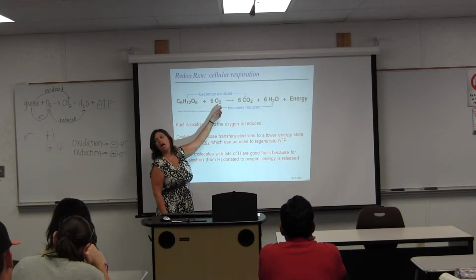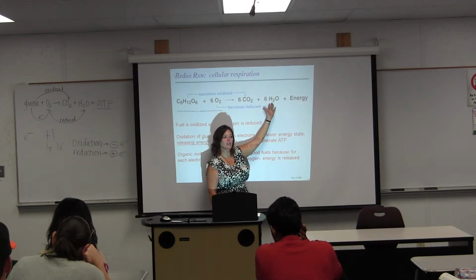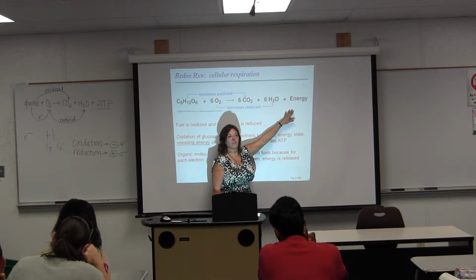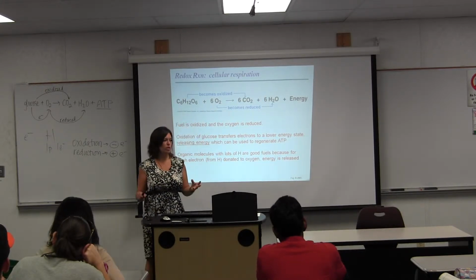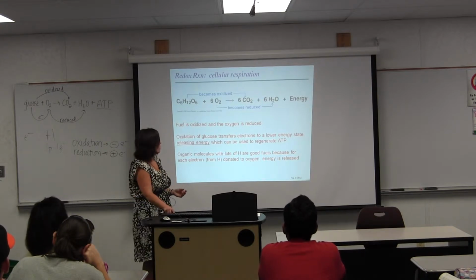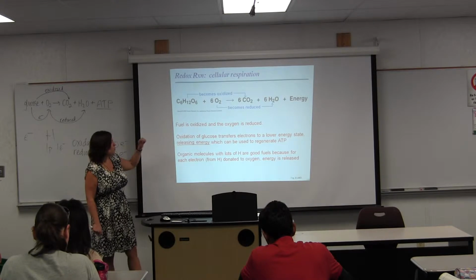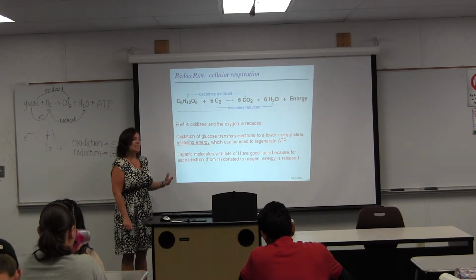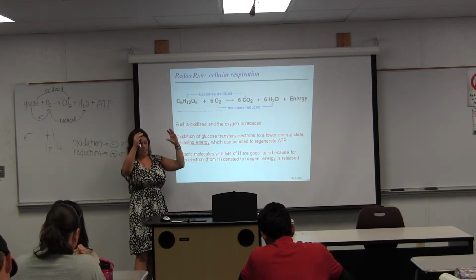We are reducing oxygen. And so once you add those electrons, that oxygen becomes water. And then energy is going to be released through a tail-end process at the end of cellular respiration. Oh, and also I mentioned, because you're removing these electrons, they are going from a high energy state in